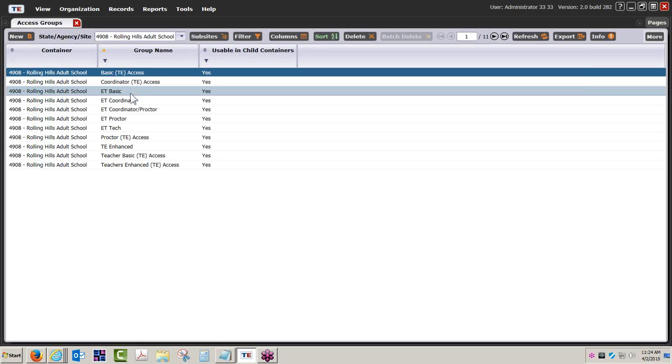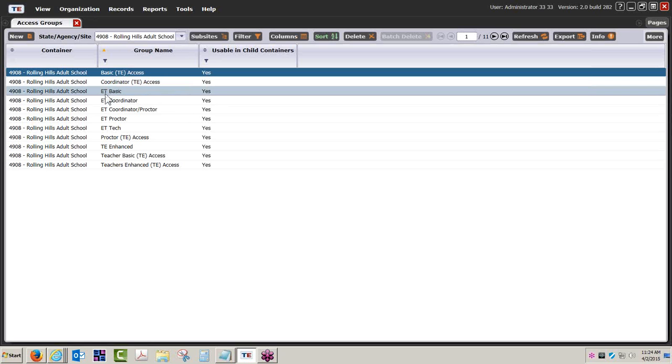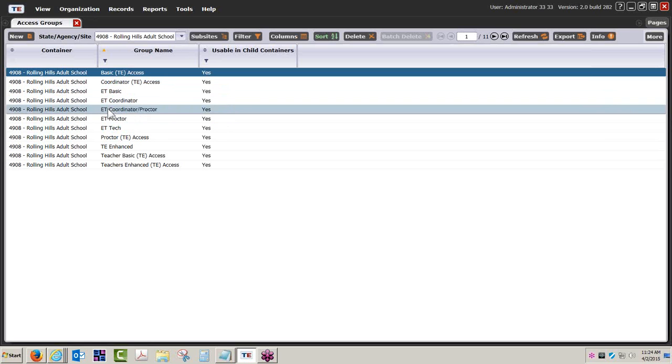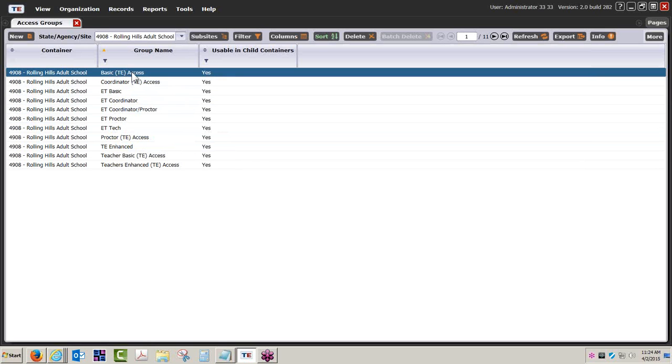Otherwise, folks, when you look at your agency container, the listing of access groups, you will not see these CASAS-controlled access groups. Okay, so let's pop into, say, the basic TE access group for just a moment,